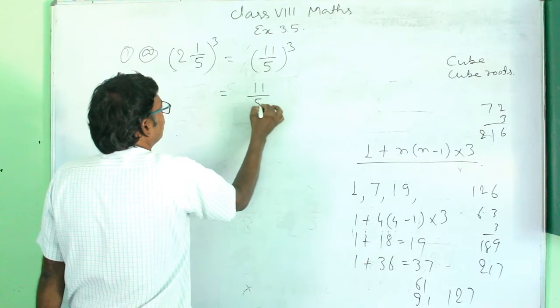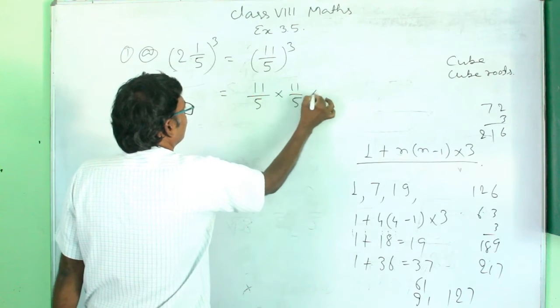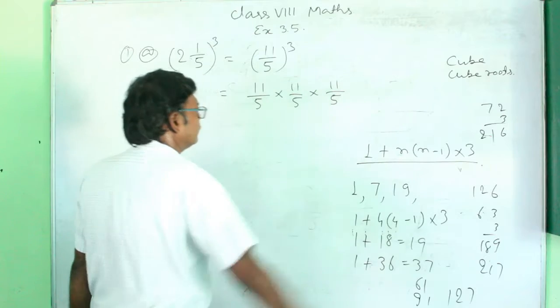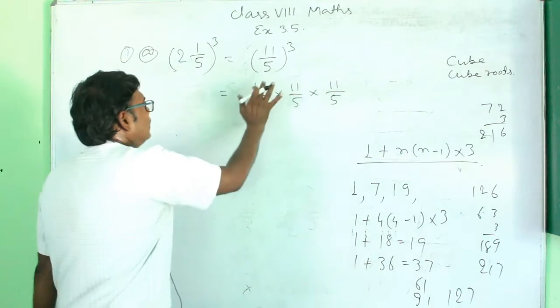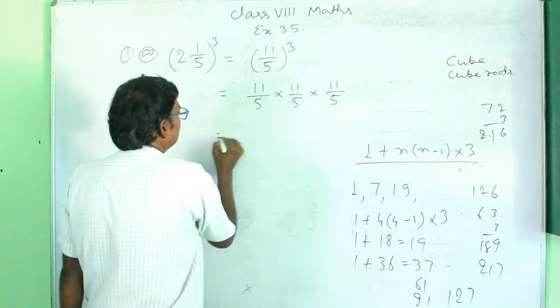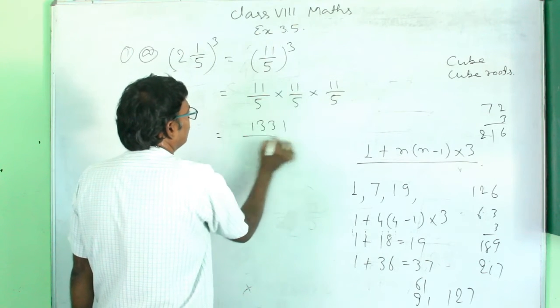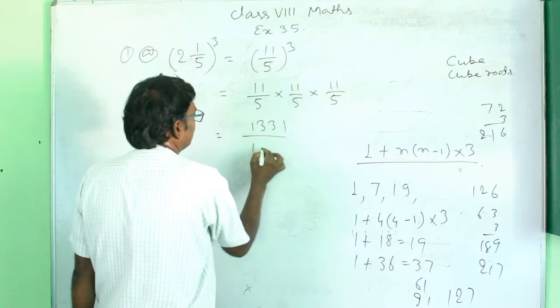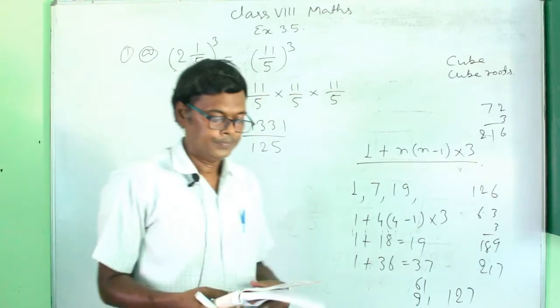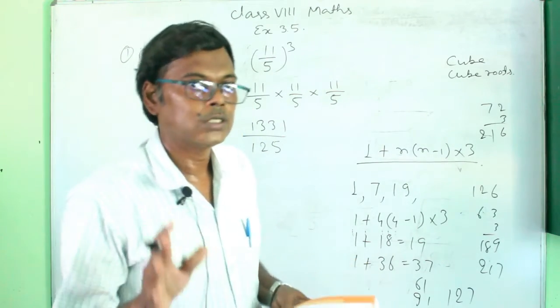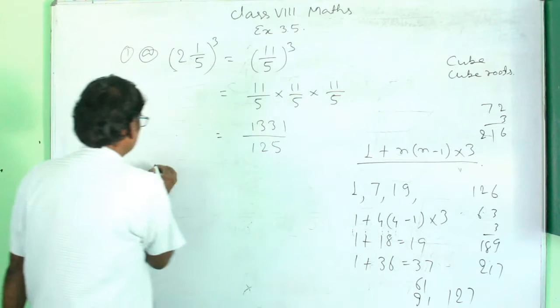That will be 11 by 5 into 11 by 5 into 11 by 5. Now find the cube of 11: 11 into 11 into 11 will be 1331, and 5 into 5 into 5 is 125. So this is the cube of this number. And then I will do question number C, the cube of